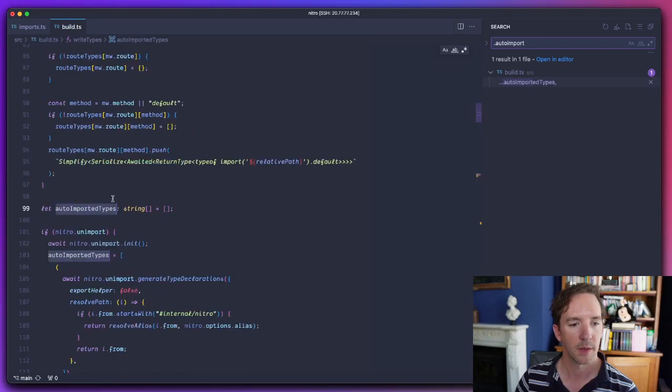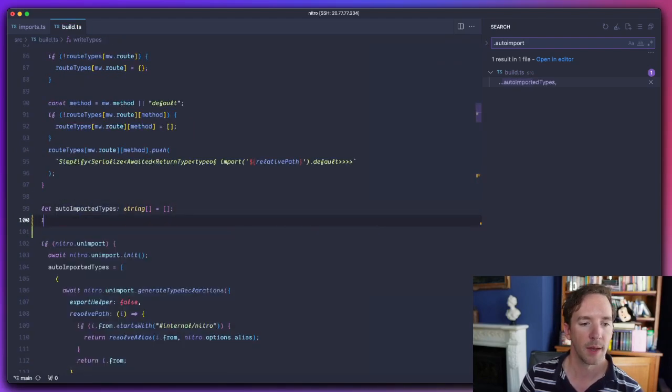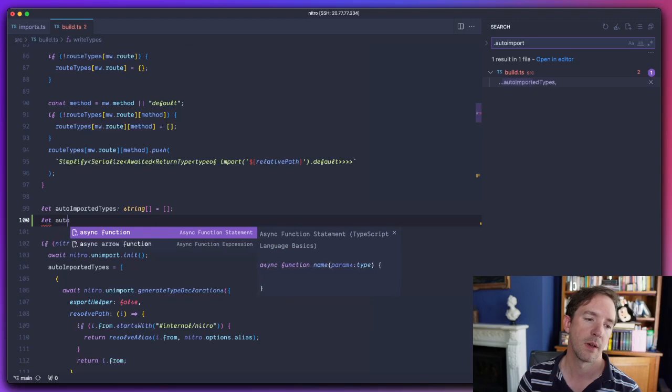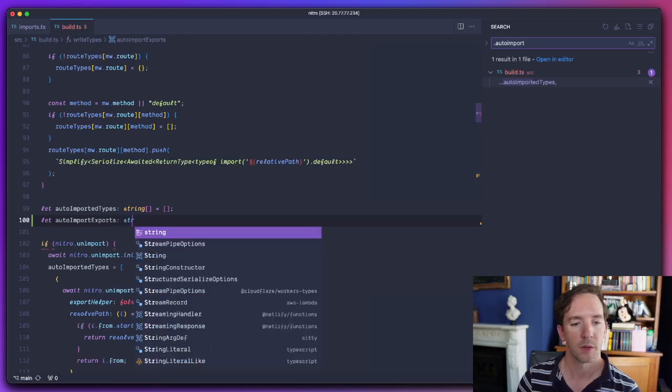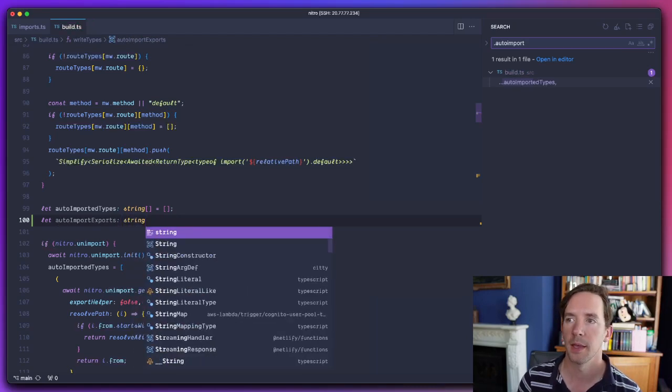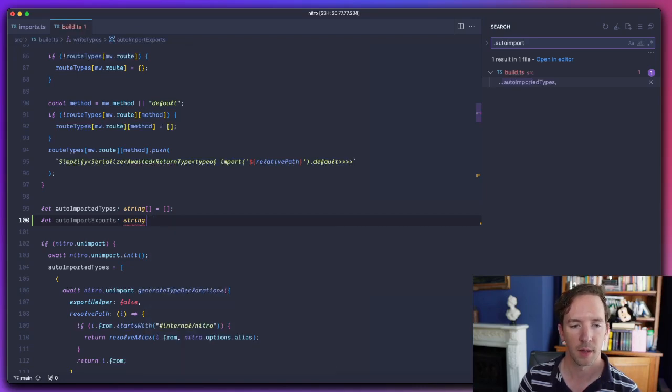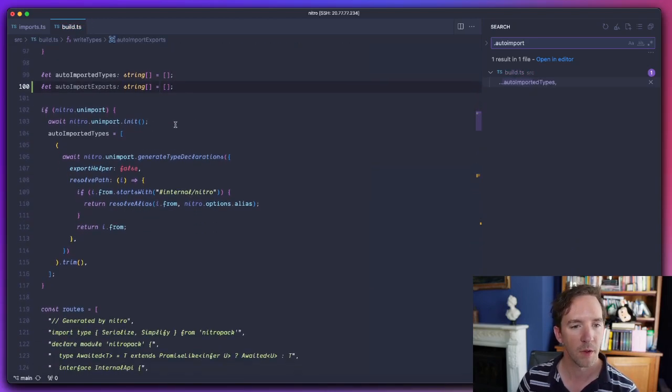It is. Okay. So we're going to say let auto import exports, and I guess that would be an array of strings,